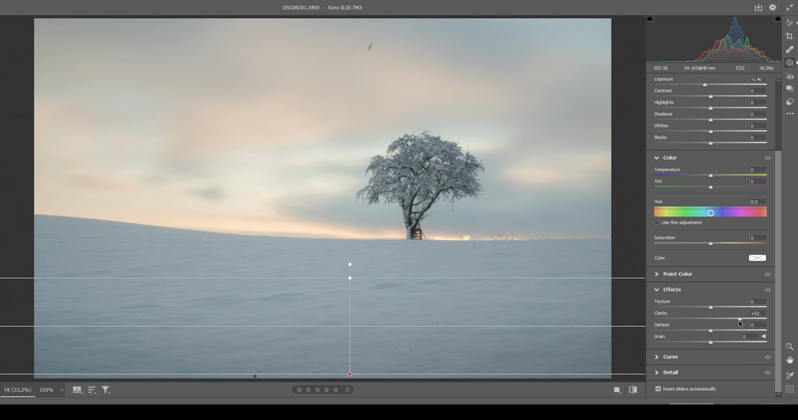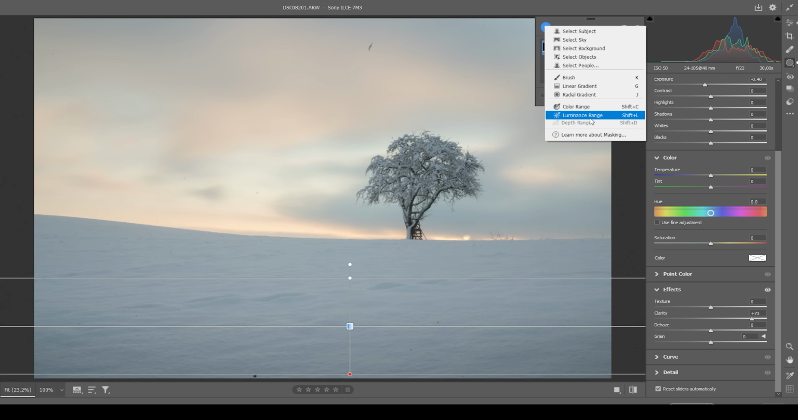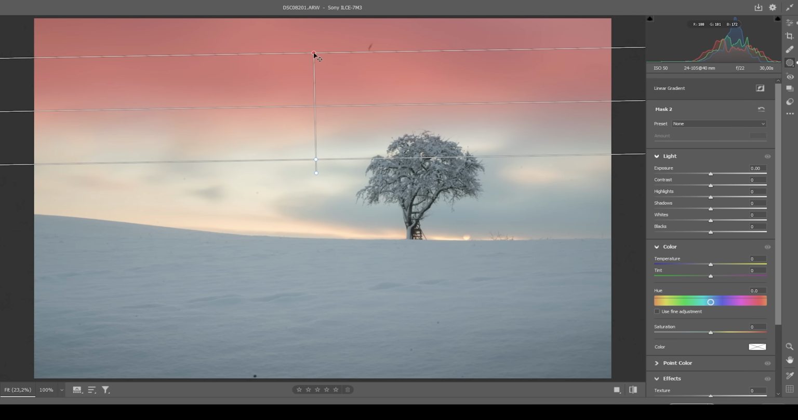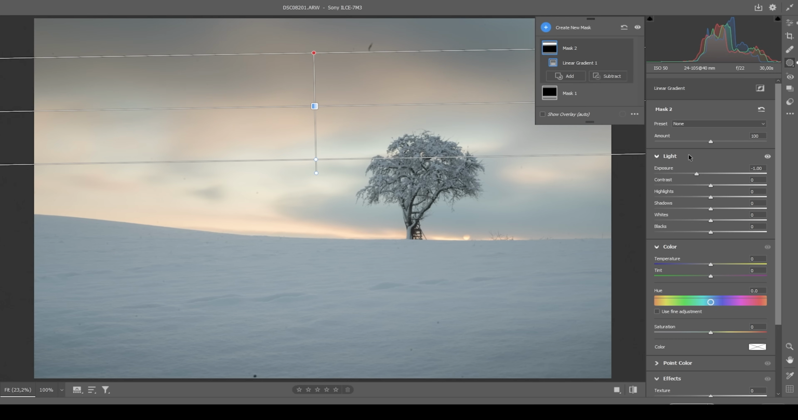the snow. Then let's create another linear gradient for the top part. Again, I want to create some kind of vignetting effect, and I'm doing this by simply bringing down the exposure. This works quite well on these clouds above the tree, and I do think the top part of the sky could be colder, so I'm going to slightly drop the temperature, introducing some more blue tones up here, and that's